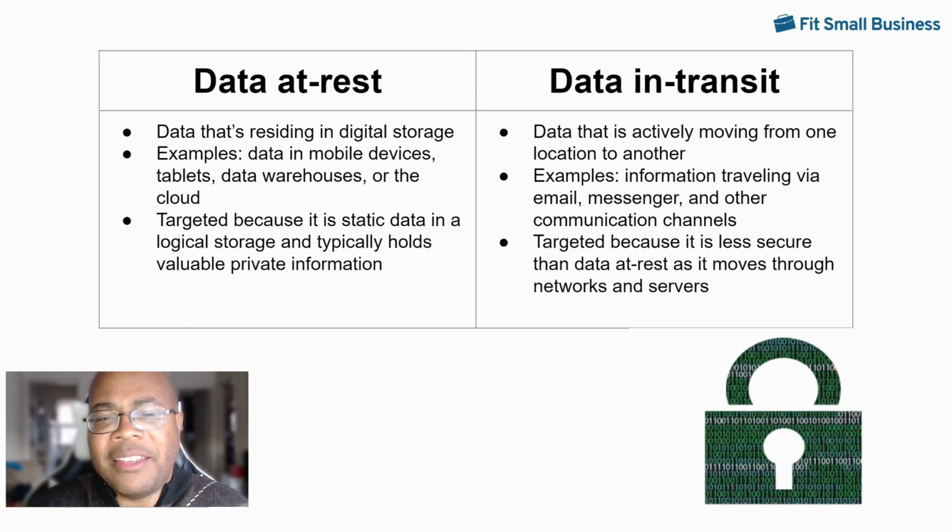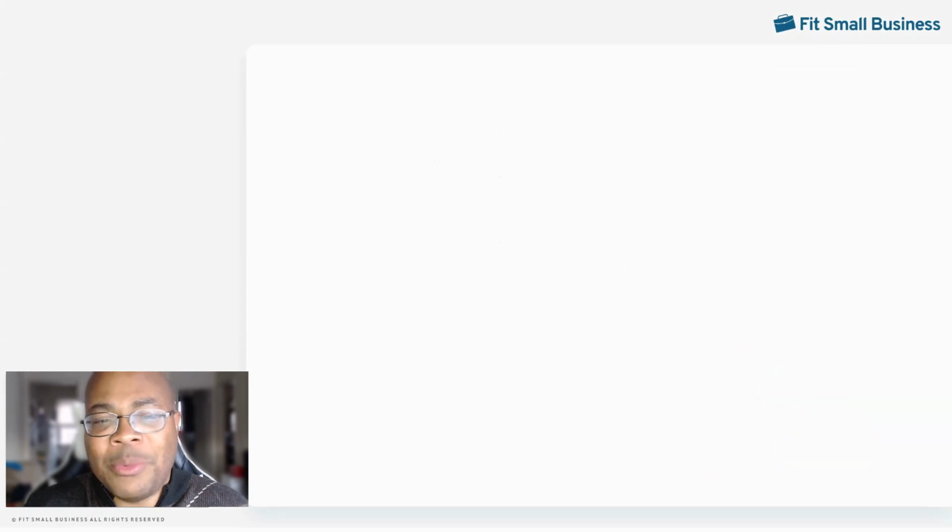On the other hand, data in transit is considered equally valuable because it requires additional security protocols to protect it. Examples of this include information traveling across messenger apps like WhatsApp or Zoom. Data in transit is a prime target given this exposure as it travels across networks and the internet. Data is exposed to risks regardless of whether it's in transit or at rest. As such, we'll be discussing the best practices to observe when encrypting your data.